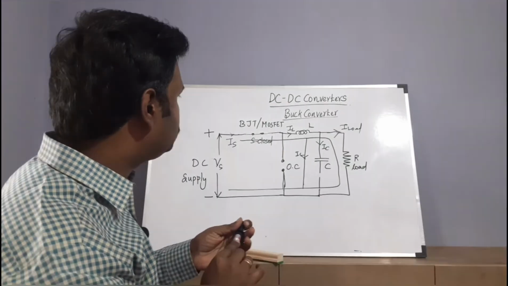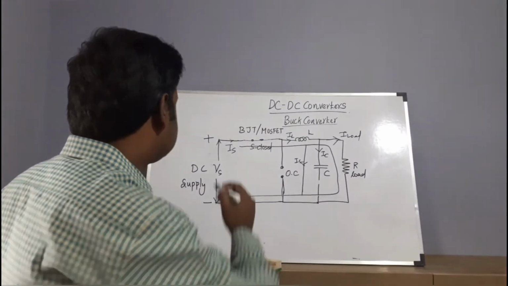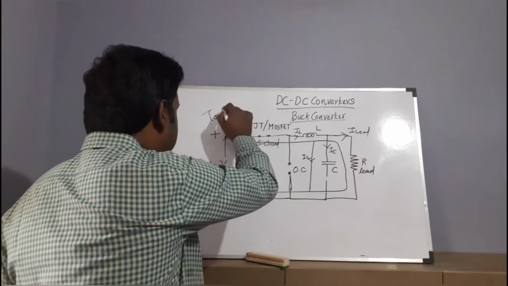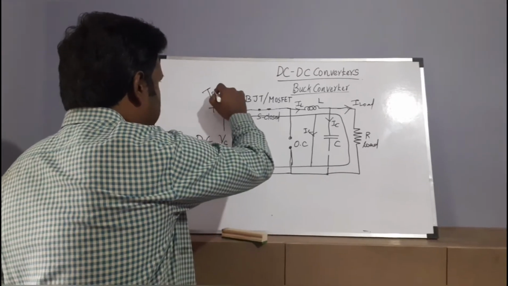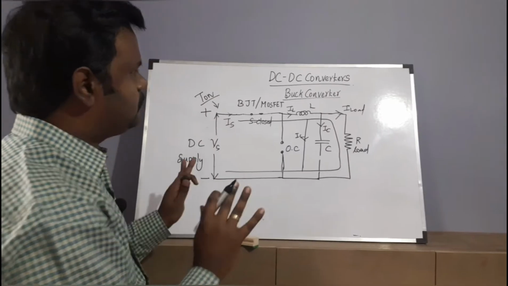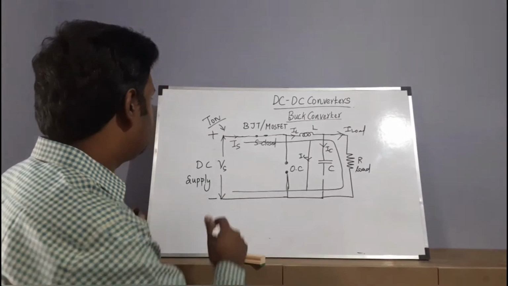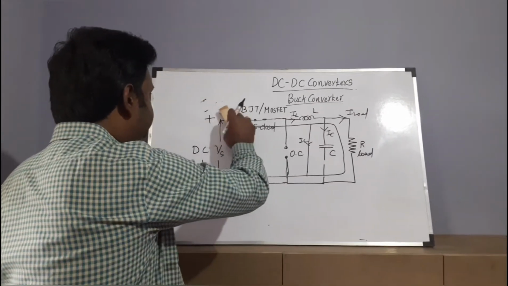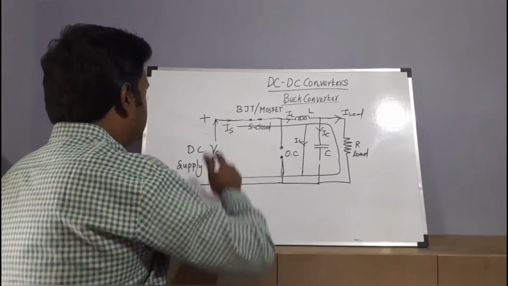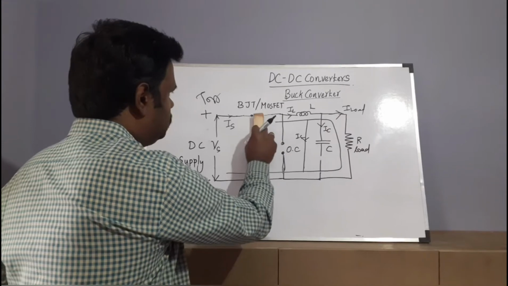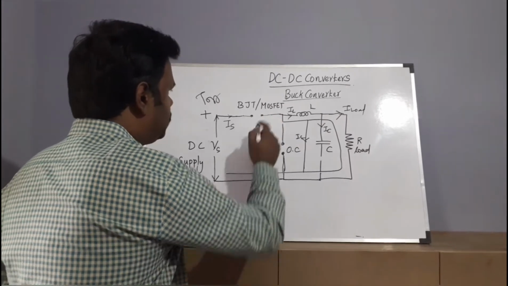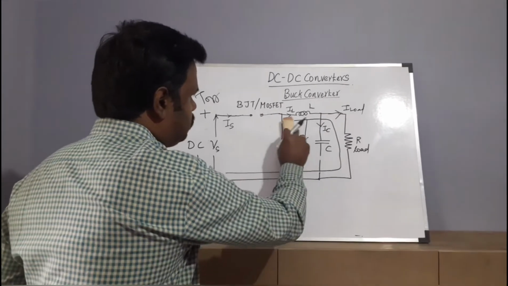Next case is we are going to open our switch, that is during the T off condition. This diagram represents the T on condition. Hope you are clear. That is the T on operation. Now we are going to move on to T off. Let me change the diagram. As I mentioned earlier, this switch should be open now, in the T off condition. Let us see what happens.